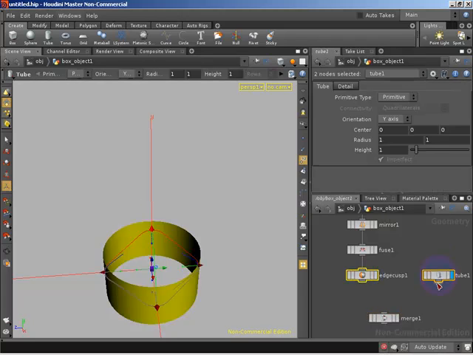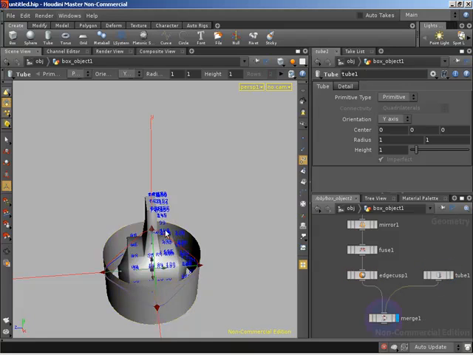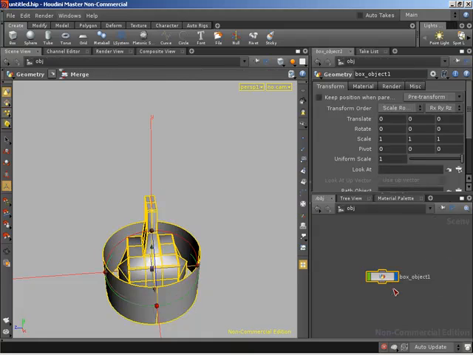Now let's grab our edge cusp. Let's shift select our tube, and if I single left click on either of their outputs and then single left click on the merge's input, we're going to wire both into the merge. Bring our visibility down. Let's turn off point numbers, clean things up. And it's just merged all of the geometry, such that if we jump back up, look at that. All right, now our merge is our geometry,